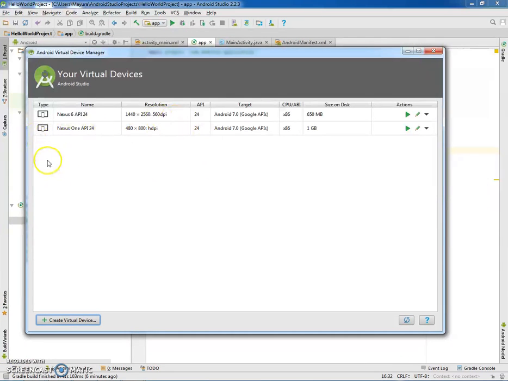Once you click on finish, Android Studio will create the emulator for you. For better performance, we recommend you have a minimum of 2 GB of RAM and 2 GB of free space in the C drive. Once it is done, you can click and run.